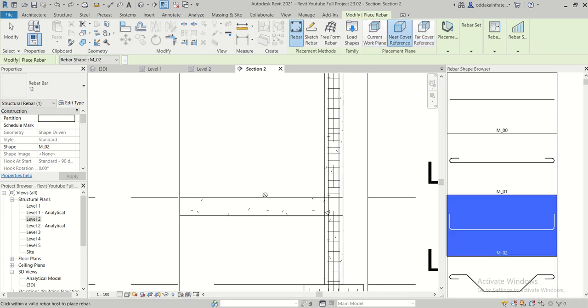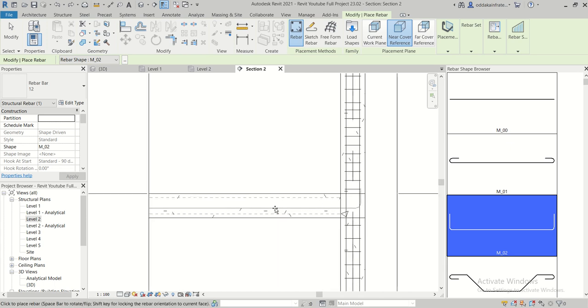So we'll go for the near cover reference. So you can just edit the type. So we'll go for 2 bars of 12 mm at the top. So just place it near the cover like this bar, and we are done with this particular bar. And we want to